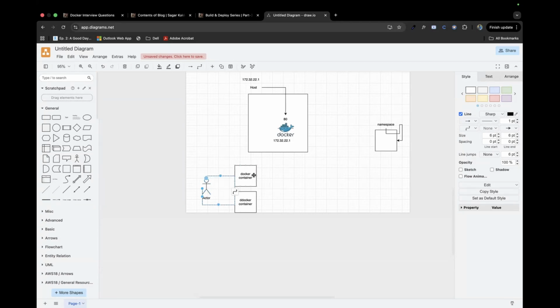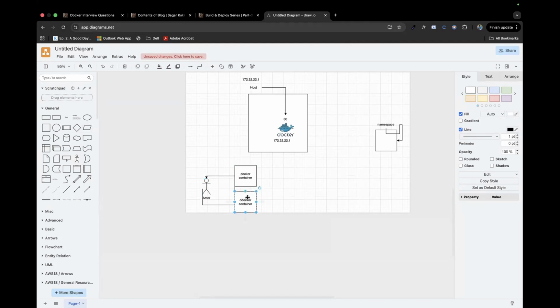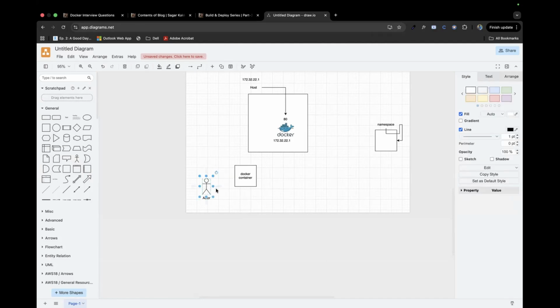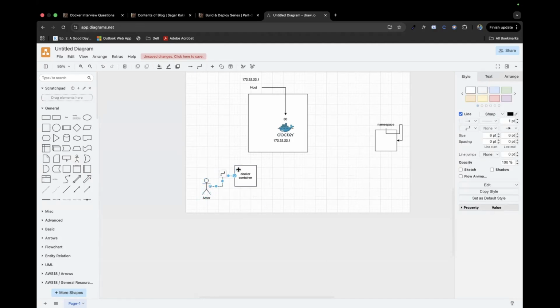So you had to make sure that whoever is accessing was able to access both the containers. And the same way, if the load decreases, we had to remove this container, and make sure it should be able to access only one container.